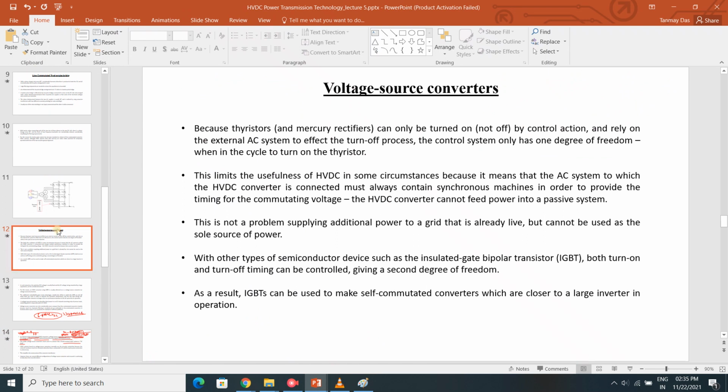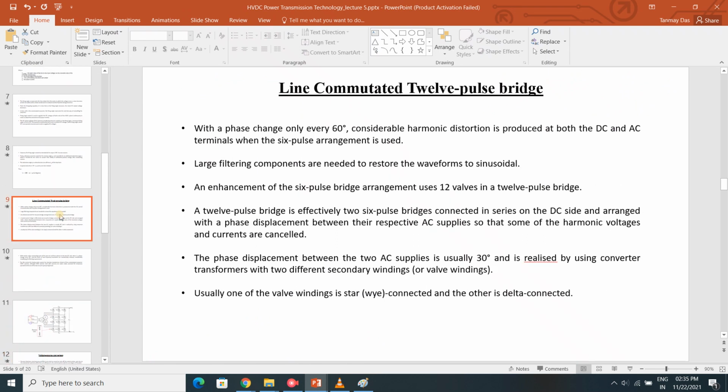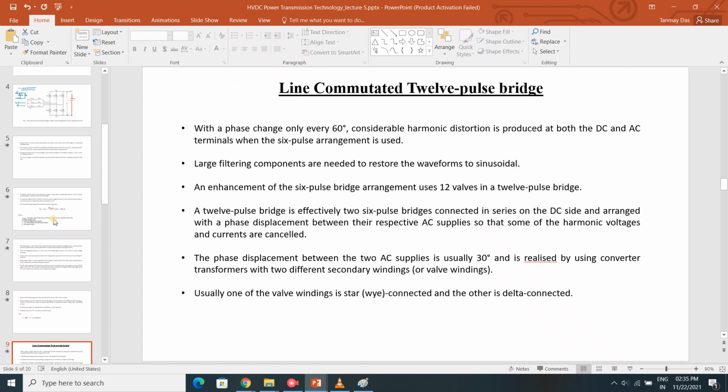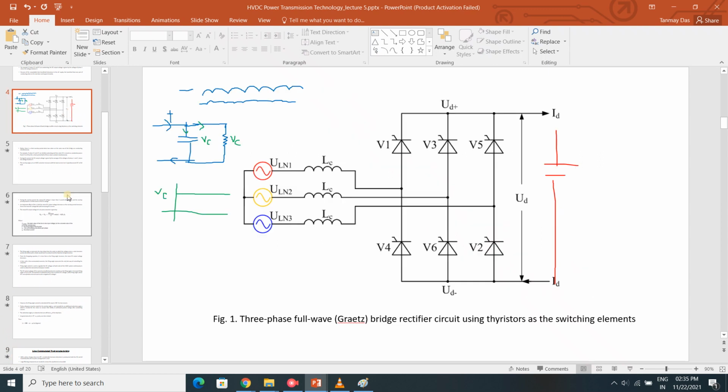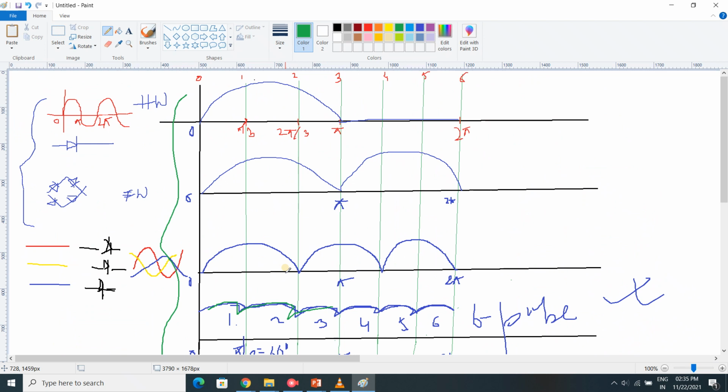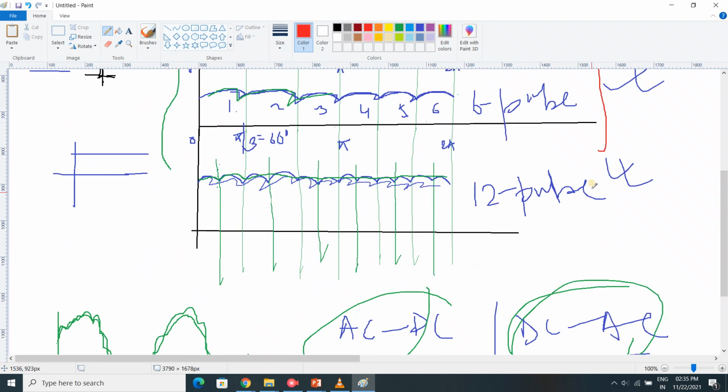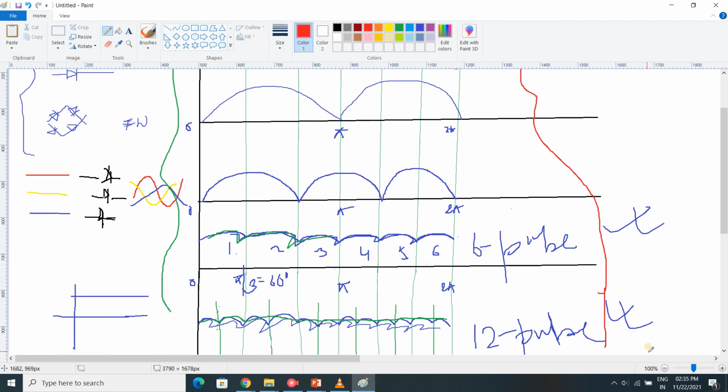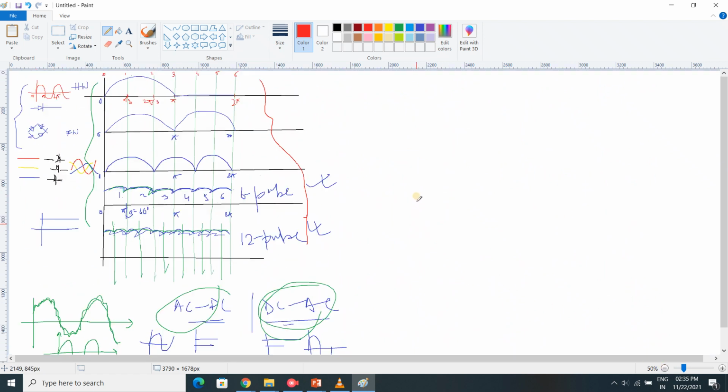So just tell me, what is the difference between the VSC and LCC? I think you have understood, isn't it? And most importantly, the concept of 6 pulse and 12 pulse. So Deepak, I think there was too much information today, but I think this information was very vital for you all, because of the difference of 6 pulse and 12 pulse. So was it clear to you, the concept of 6 pulse and 12 pulse?